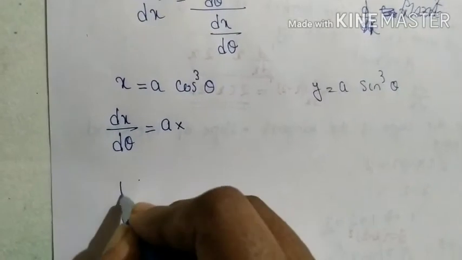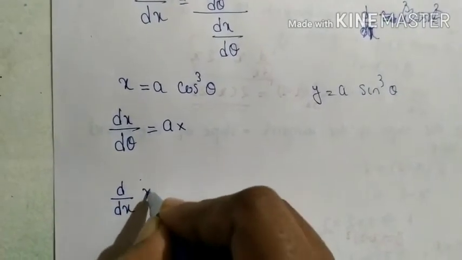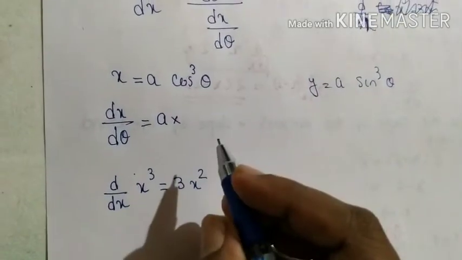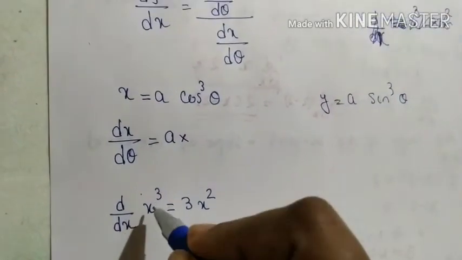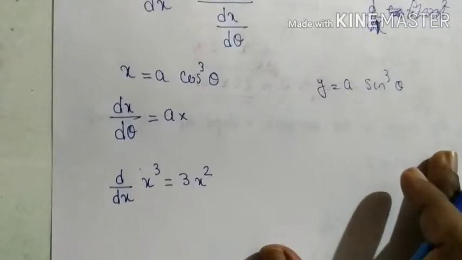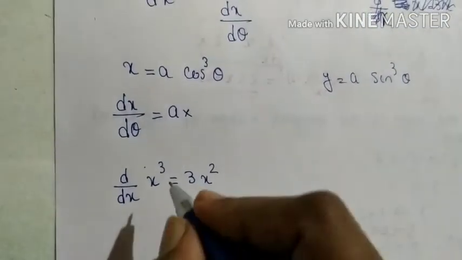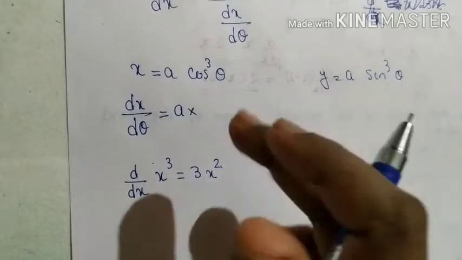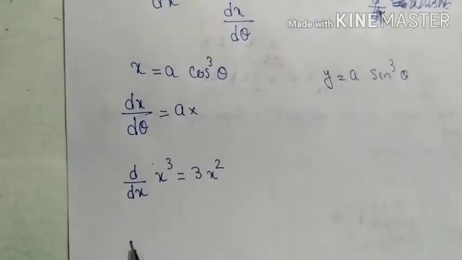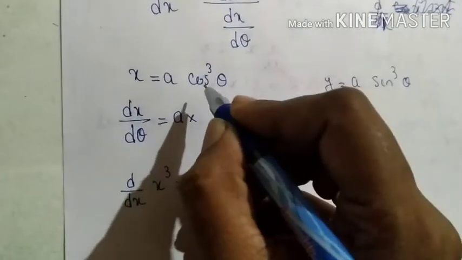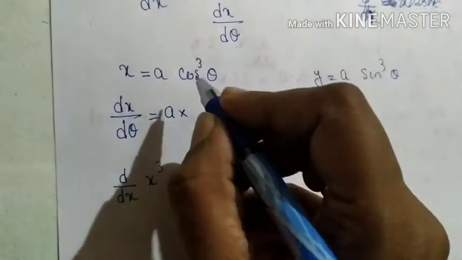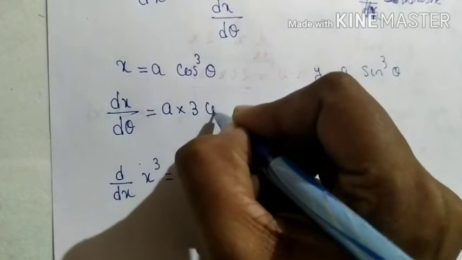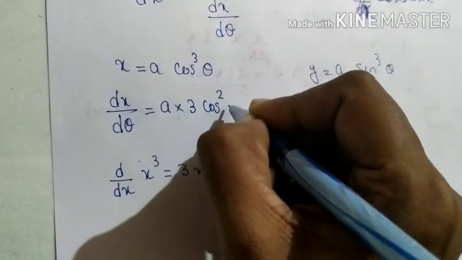We know that the standard derivative of x cube is 3x square. But here we need the derivative of cos cube theta, so replace x by cos theta. We get 3 cos square theta